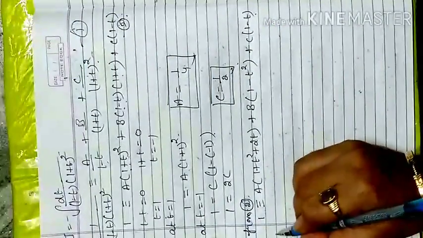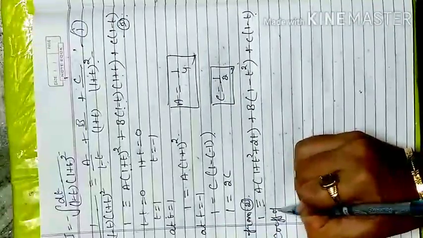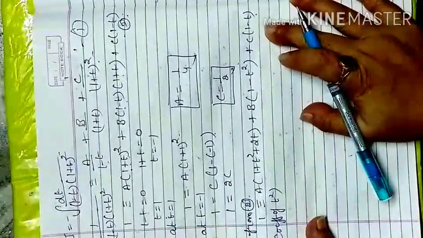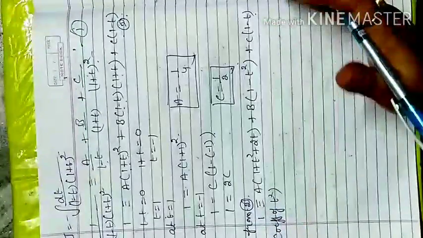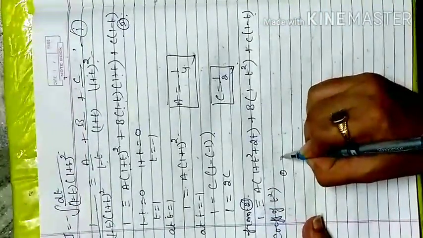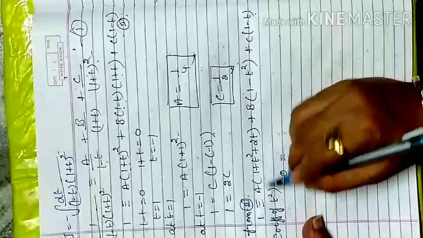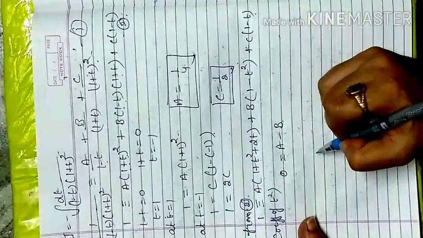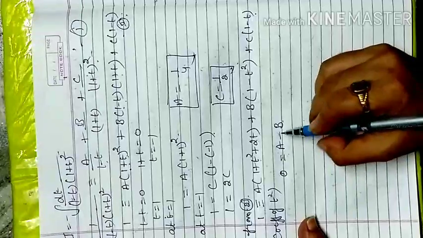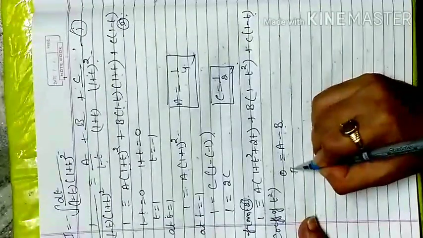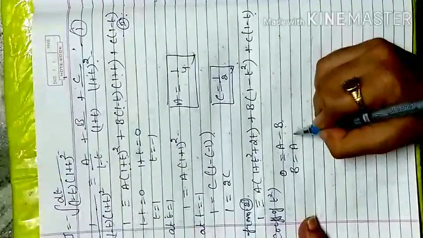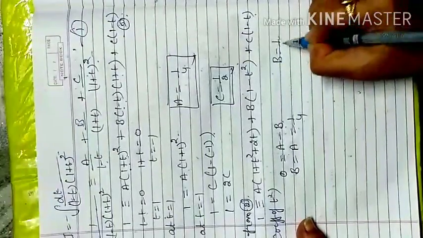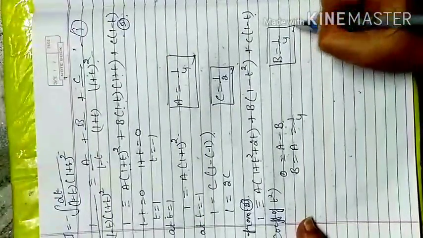So now you have to equate the coefficient of t square. Any term multiplied with t square, you have to write it here. On the left side there is no t square term, so we write 0. On the right side t square accompanies A, and here minus B. I already have A value as 1 by 4, but if you shift B to the other side, B should be exactly equal to the A value, that is 1 by 4. So that means my B value is also 1 by 4, same as my A value.